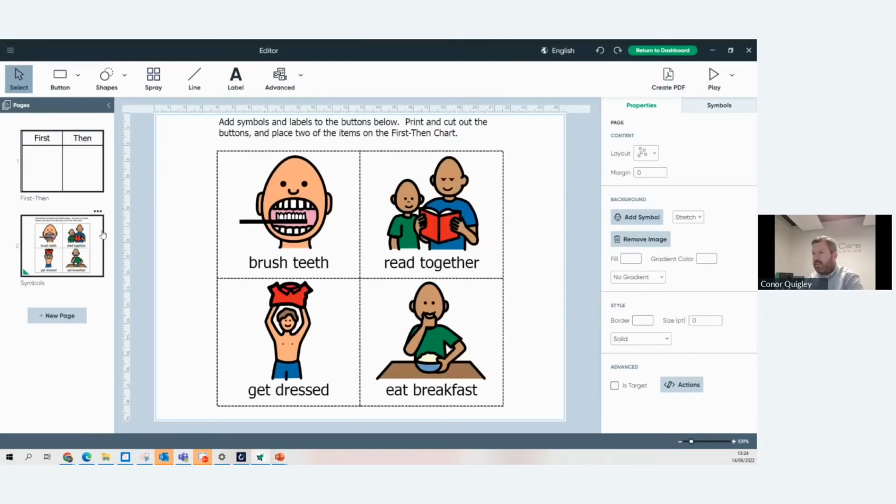And then in here, this is the first and then, about maybe a morning routine. So it says here, add the symbols and the labels to the buttons below, print and cut out the buttons and place 2 of the items on the first then chart. So I can print this out directly, I can cut along the dotted lines,